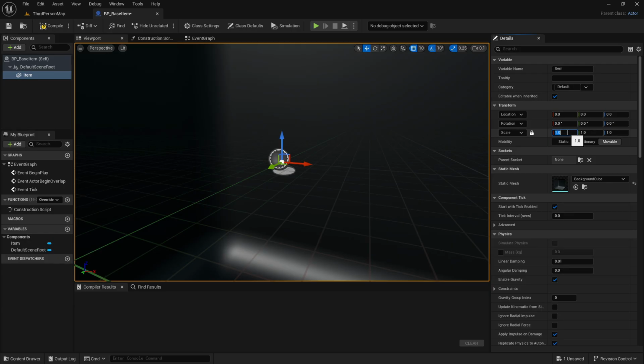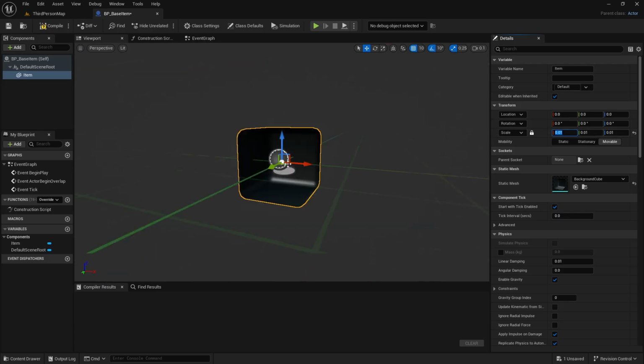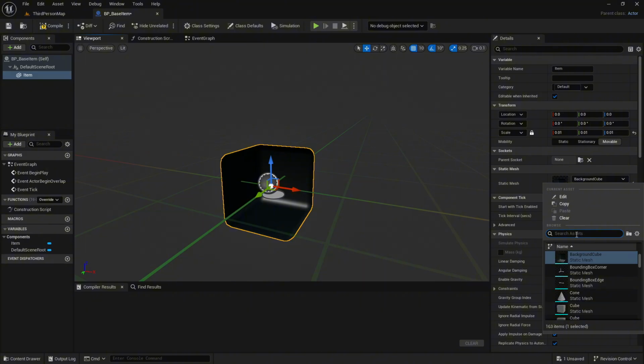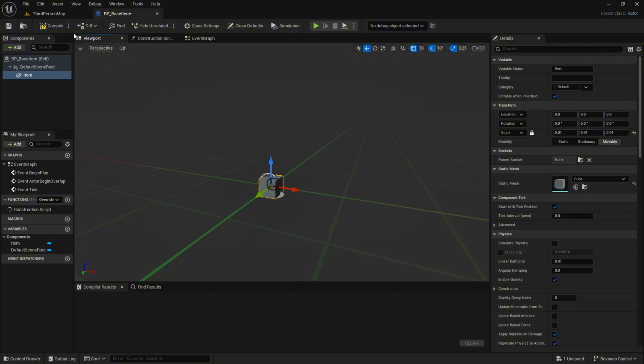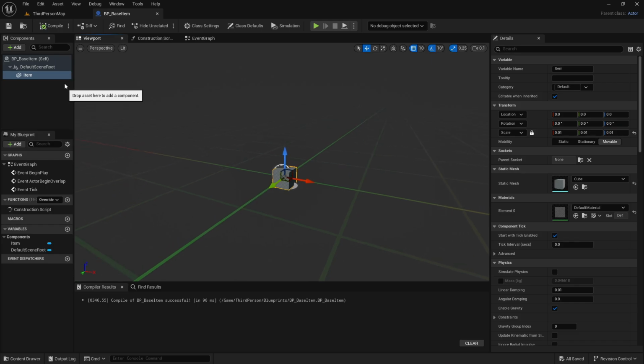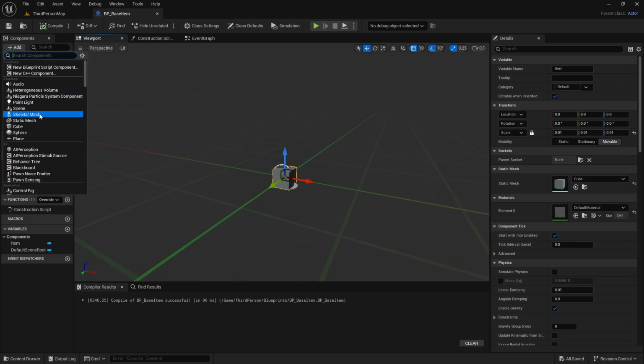We're going to make the cube size 0.01, so it's a tiny cube. I don't know. That's the cube I want. And then we want to make a sphere collision,